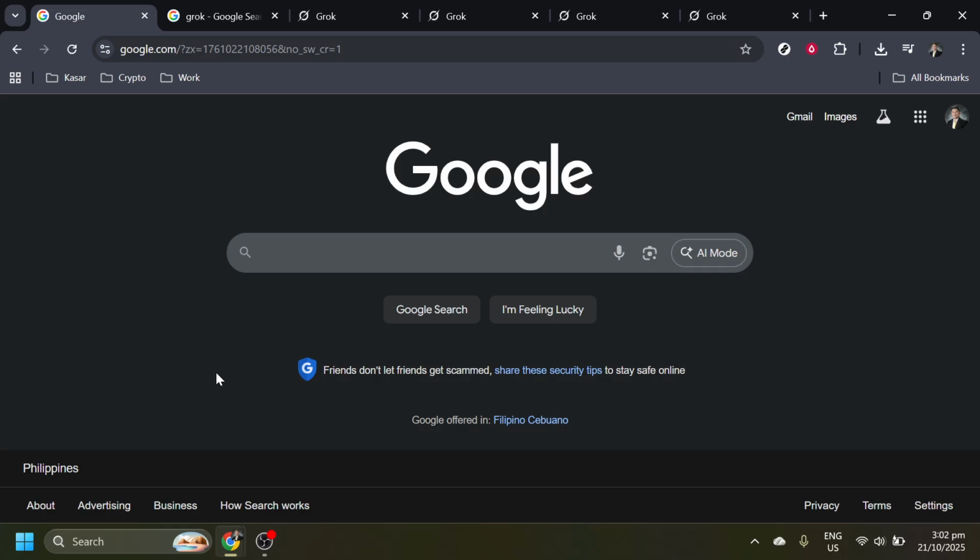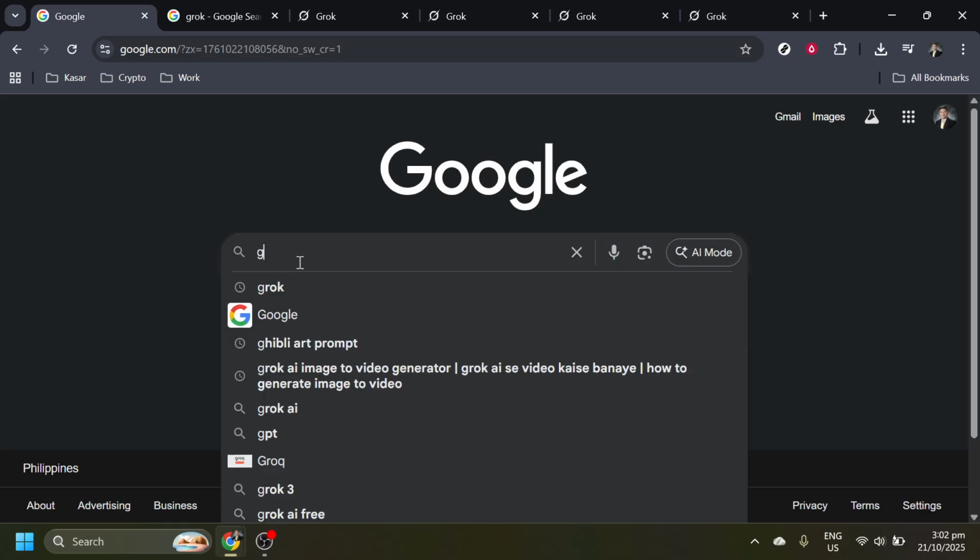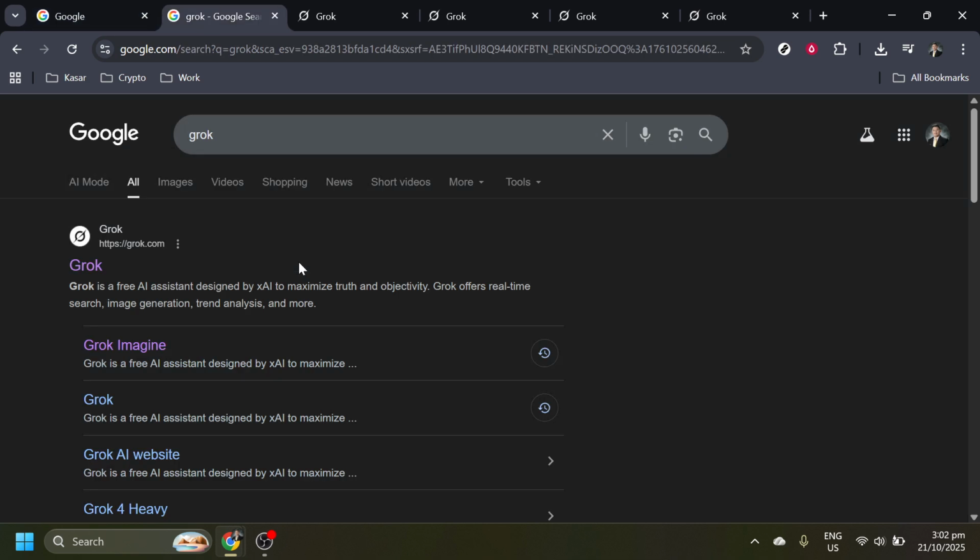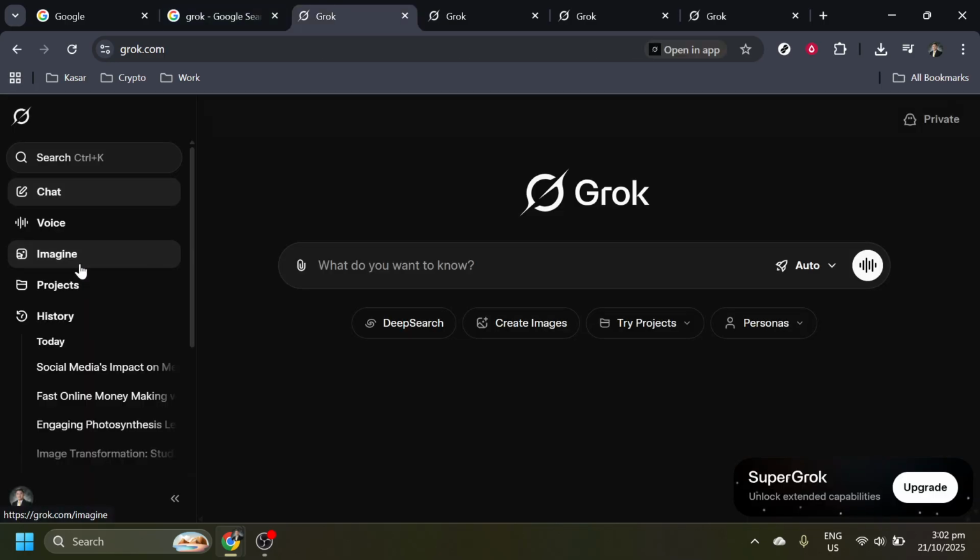To get started, open your preferred web browser and head over to Google. Once you're there, type Grok into the search bar. As soon as you press enter, the search results will populate. Look for Grok's official website in the list and give it a click. Visiting the official site ensures that you're accessing the most reliable and comprehensive features of Grok AI, which is essential